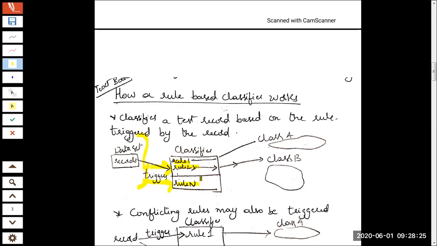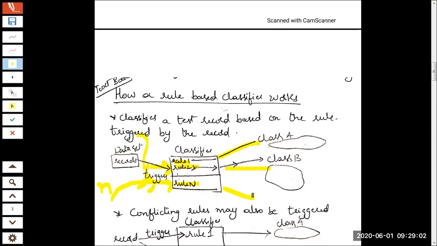Now the question is how the rules were constructed. Rules were constructed based on the historical data. Now what is the use of this? Given a completely new record, you give a new record to the classifier. Based on its previous experience and the rules, it can tell me to which class this new record will go and sit, whether it is class A, class B, or class C. So this is a rule-based classifier.